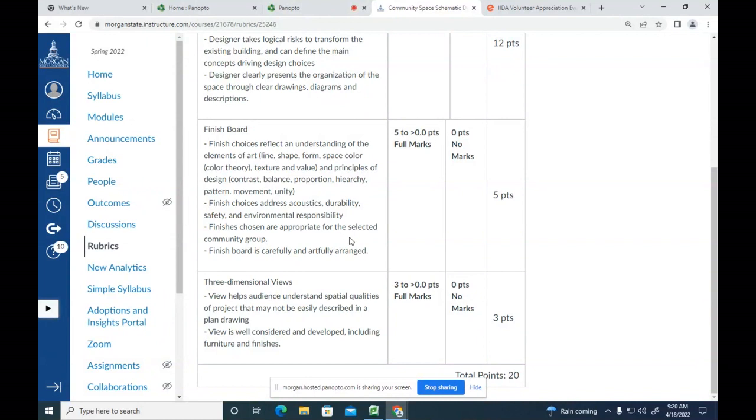Finishes chosen are appropriate for the selected community group. So depending on who you're working with, you might be able to have more soft seating. You might need things that are more cleanable. You can think about the kind of wear and tear that it'll get based on the community group and the program that's in there. And finally, the finished board is carefully and artfully arranged so that you have finishes right next to each other that will abut each other,